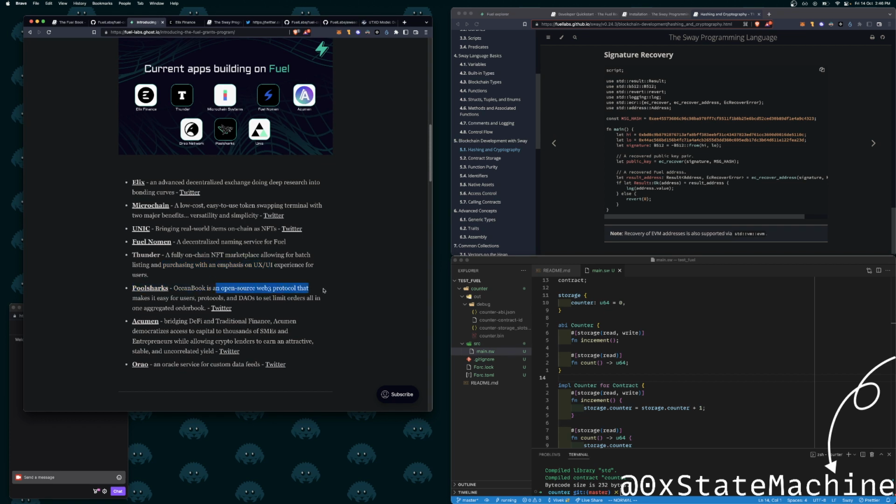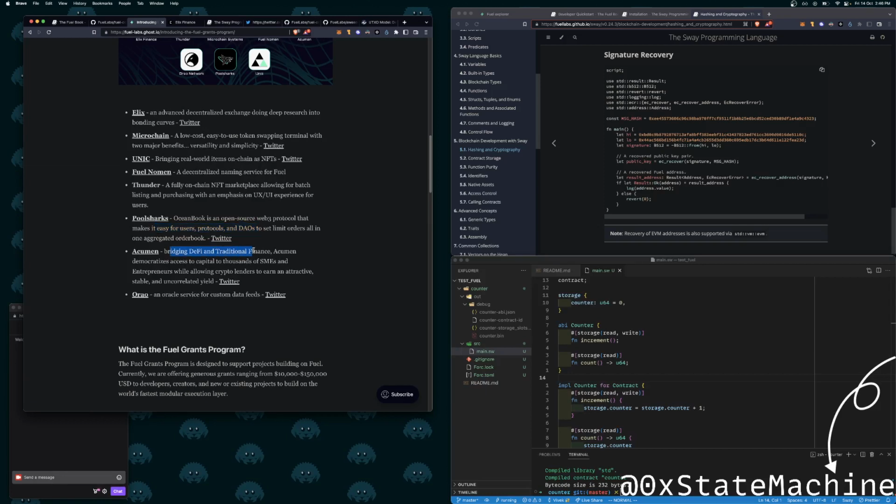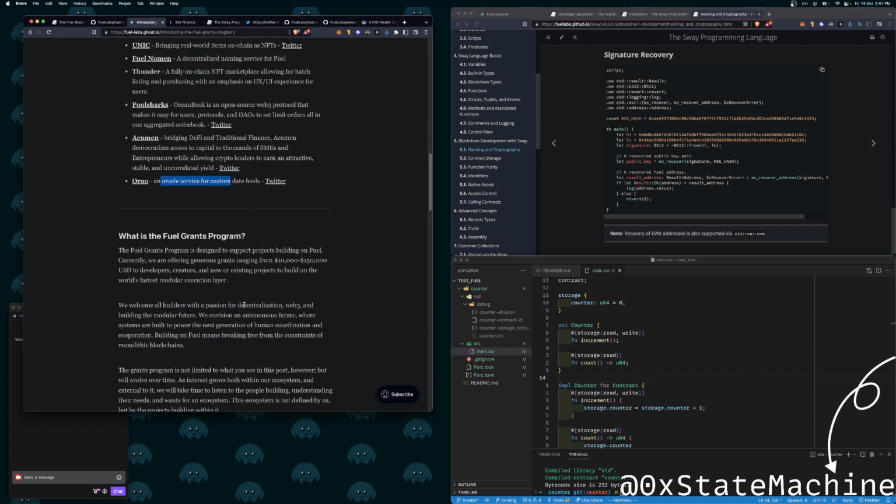Poolshark is an open source Web3 protocol that makes it easy for users, protocols, and DAOs to set limit orders. Democratizing access for thousands of SMEs and entrepreneurs, while allowing crypto lenders to earn attractive, stable, uncollateralized yield. Uncollateralized, what is uncorrelated? An ORAO, an Oracle service with custom data feeds.